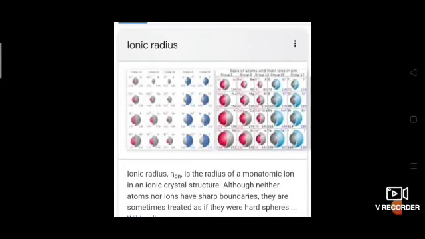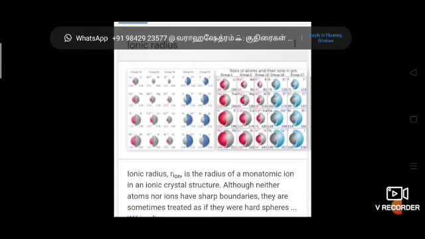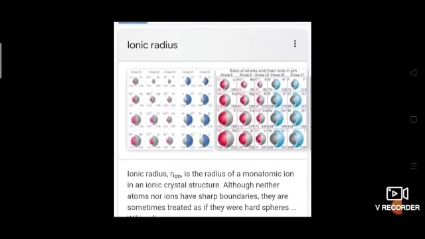Dear students, we have seen all those evolution of periodic table and S block, P block, D block, F block elements and its properties. Now let us see the periodic trends in properties of elements. There are many observable patterns in the physical and chemical properties of elements as we descend in a group or move across the period in a periodic table.